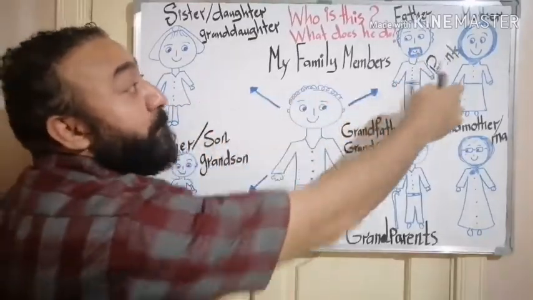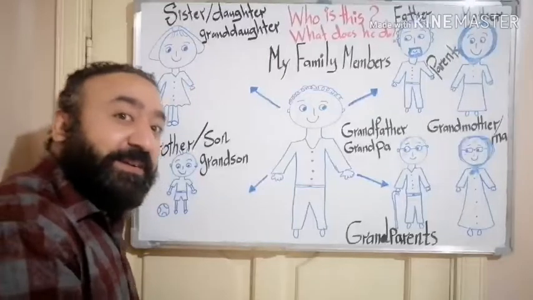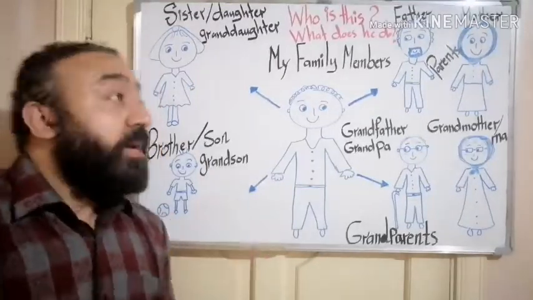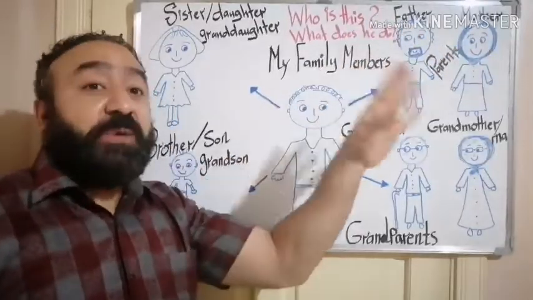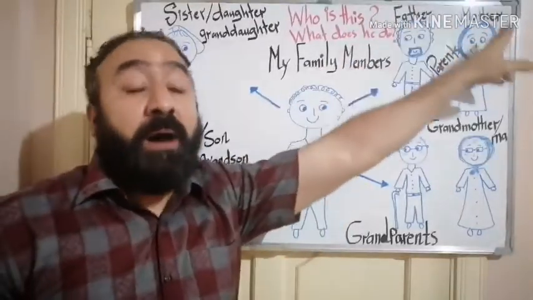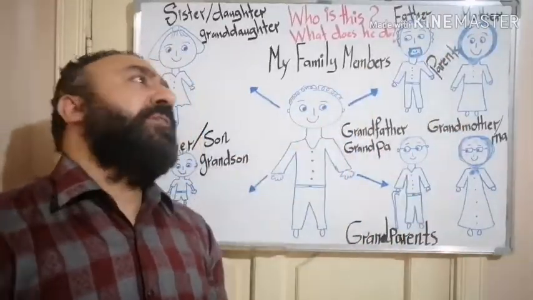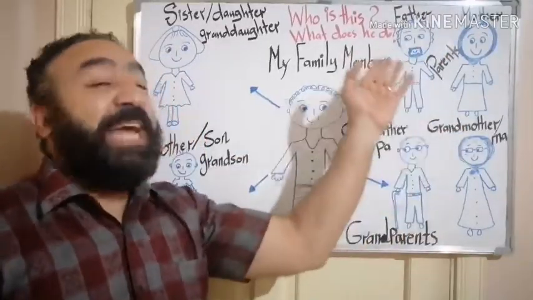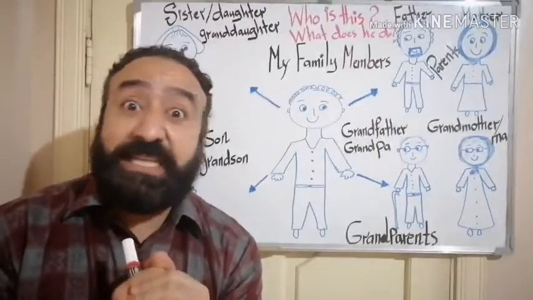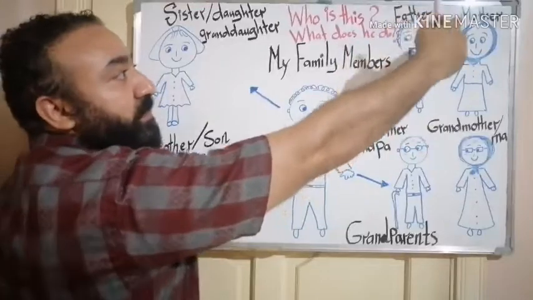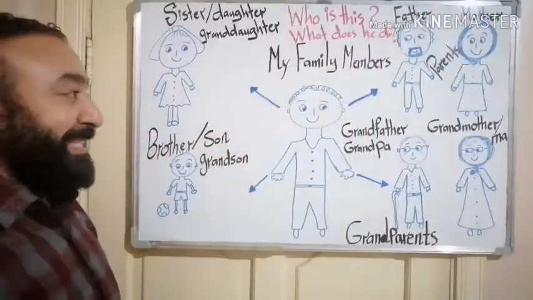Okay, what about the parents? Father and mother. So father and mother, sometimes we can call them dad and mom. And little kids call them mommy and daddy. Mommy, I feel hungry and want to eat. Or daddy, I miss you a lot, daddy. Okay? So the parents, father, mother, mom, and dad.